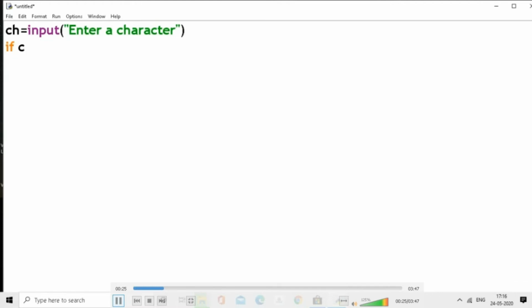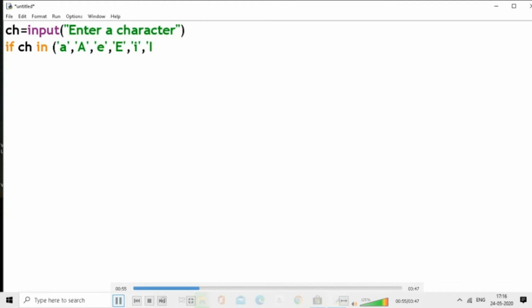Then I am going to use the if statement to check whether the given character is a vowel or not. ch is the user input. in is a membership operator. in and not in are the membership operators. in is used to check whether that letter is present in this set of characters.